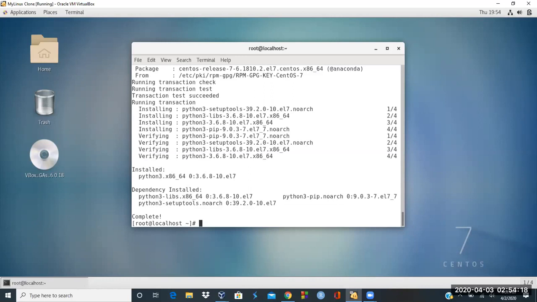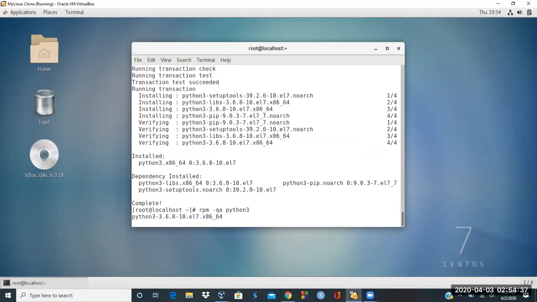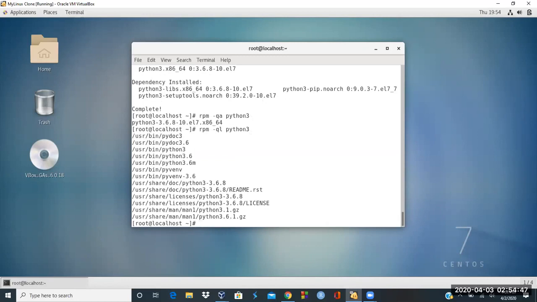In this case, I just installed Python 3, and this is the package that gets installed right here. If I say rpm -qa python3, it shows me that that's the RPM installed on my system. If I want to list its files, I say rpm -ql, and it lists all the Python files. Notice pydoc for Python documentation is there, which is also